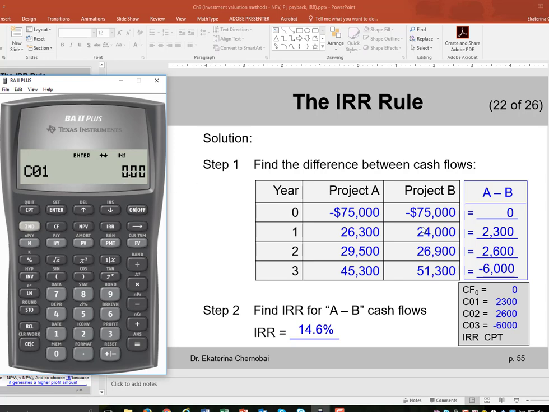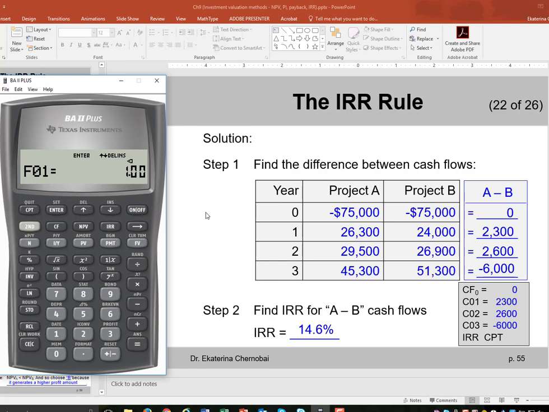For that we want to enter 2,300, the difference between A and B cash flows for that year. So I put 2,300, I save it by pressing enter, I press the down arrow key. The frequency of it should be kept at 1, which is the default, because we only have 2,300 once,